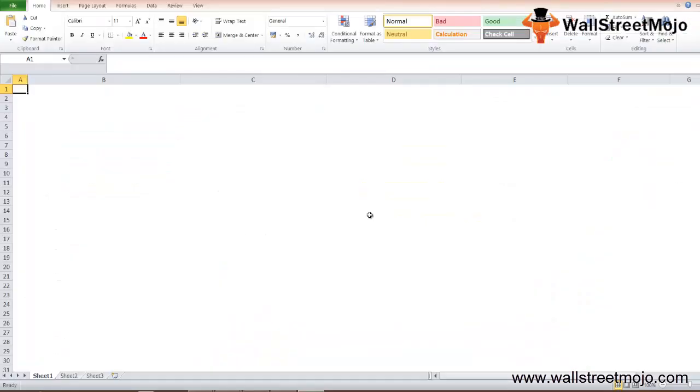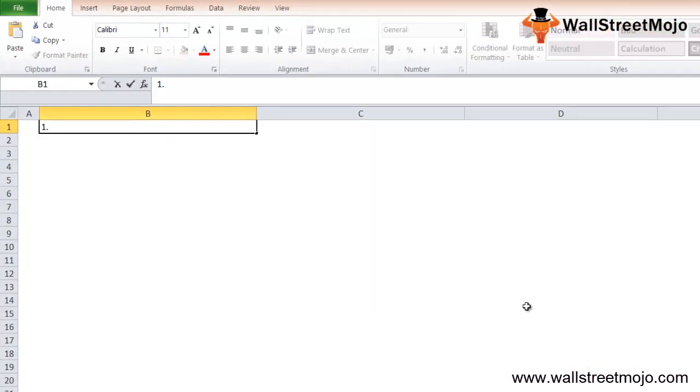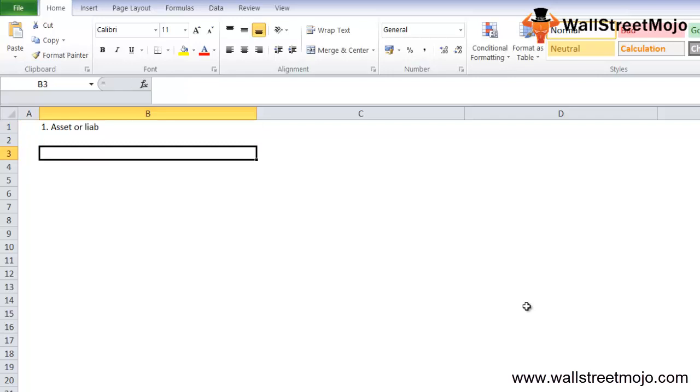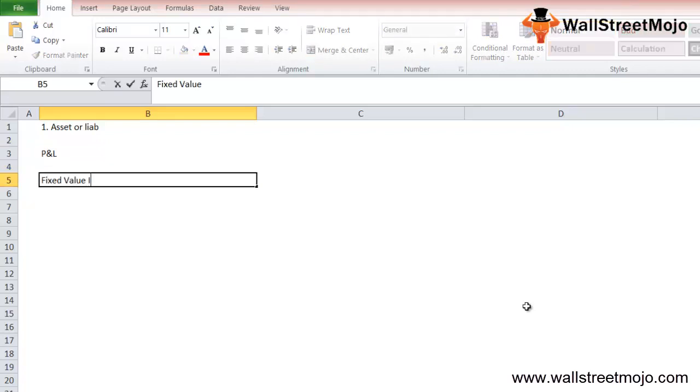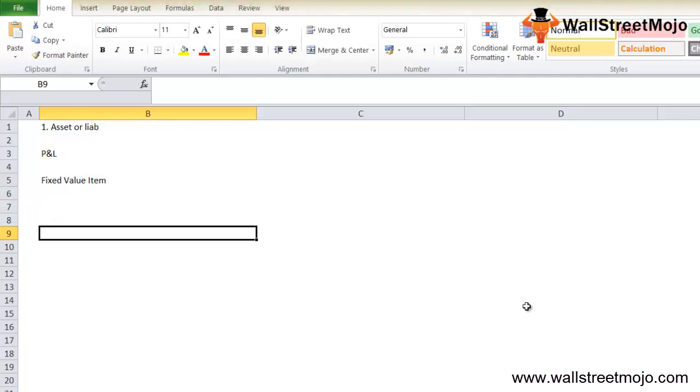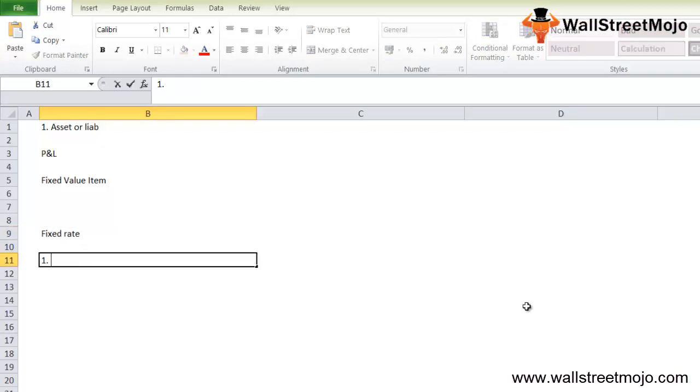Now, accounting for fair value hedges: a fair value hedge is a hedge of the exposure to changes in the fair value of any asset or liability or any such item that is attributable to a particular risk, and it can result in either profit or loss. So a fair value hedge results in a fixed value item. The fair value hedge pertains to fixed rate returns or fixed value items, and the basic step involved is you need to first determine the fair value of both the hedged